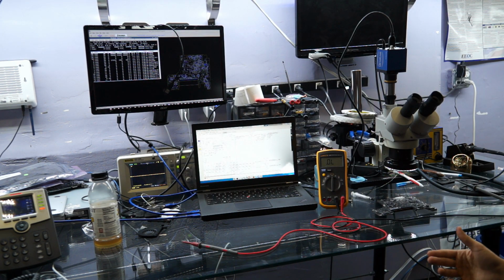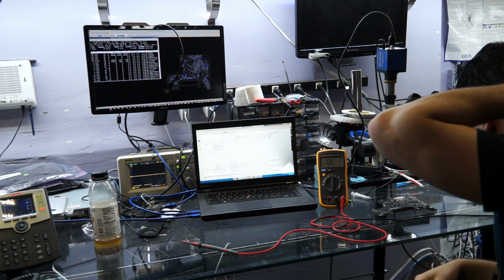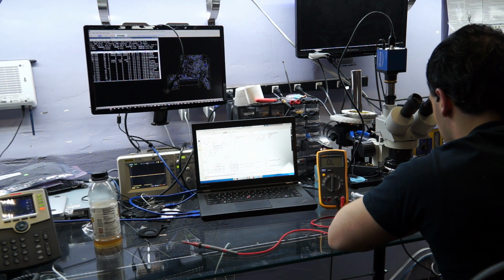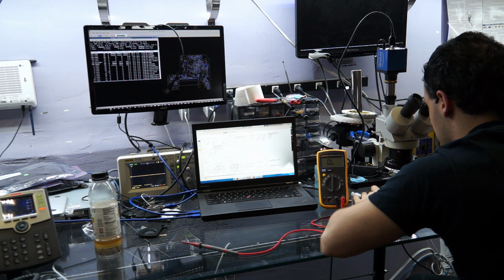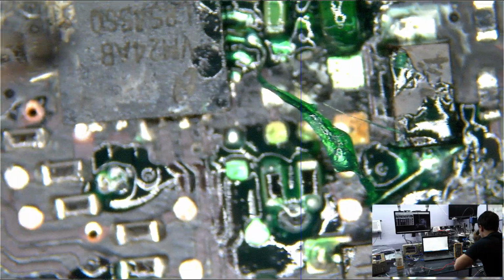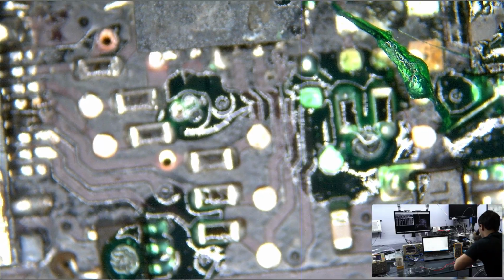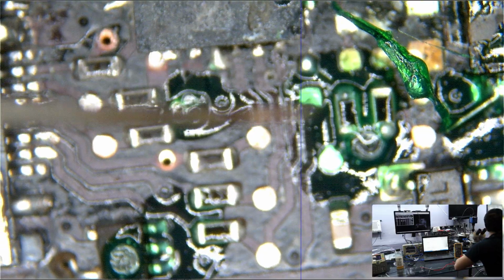The other thing is it's not insulated. It's solid core, and it does conduct electricity on the outside, which means that if you short other things on there, or if it touches any of the probe points it's going around, or any of the other components, you're in trouble. Again, it's not insulated wire. So what I did, as you can see, is I covered it with this green conformal coat. I definitely covered this because that's ground right there. And I covered all this other stuff with it. And then after I actually put the wire there,